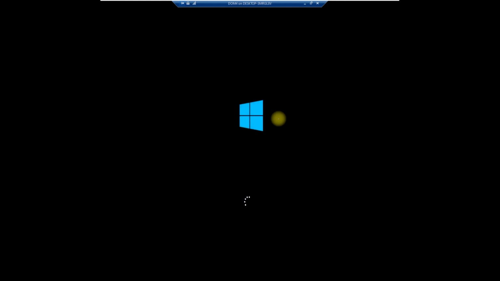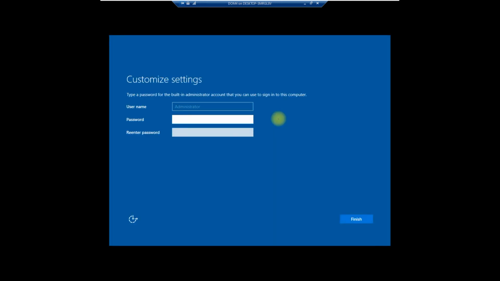Okay, so now I've defined the password. Then click on finish. Once I click on finish, it may take some time to get connected. Once again, I'm getting that option.